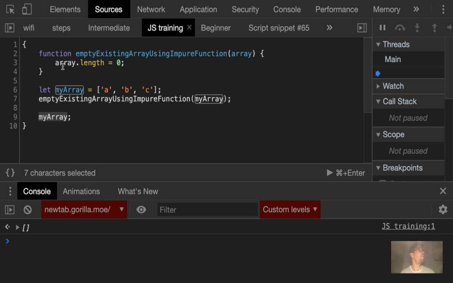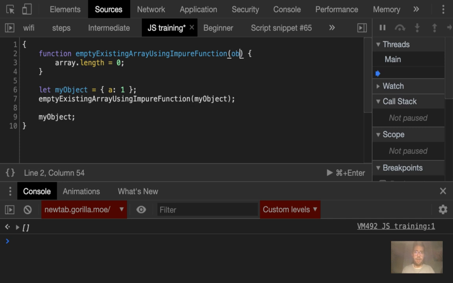Anything else? So if you can do that with arrays, yes? How do we do that with objects? What do you want to do? You want to initialize an object? Like, yeah, make it blank. Map it to something, zero, like empty. So the thing is, if you have an object with a equals 1, so that will be my object. And then I have an object here. So essentially we want the object to be,